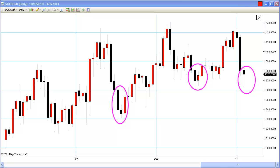So traders, what am I suggesting? My belief is that if on the following day, meaning tomorrow's trading activity, we get our red candle that looks something like this, I'm just drawing it in, we now have that three-river morning variation that we look for, and that issues a buy signal. Aggressive traders, I would still be a little hesitant to enter the market. I really think that we should wait for this confirmation. However, as soon as we see this confirmation, if we start getting a rally in which we have a red candle forming tomorrow and this market begins to move higher, my recommendation is going to be to enter the market